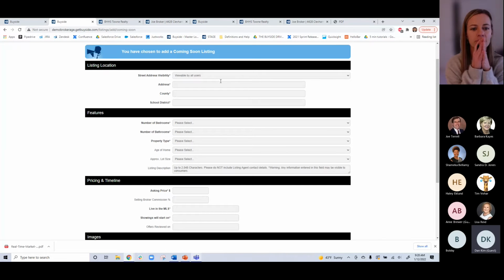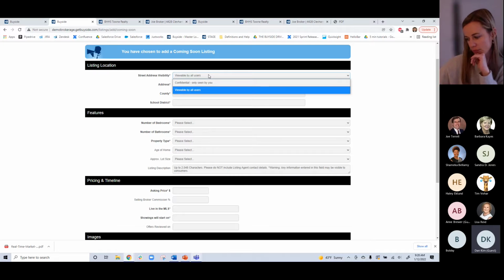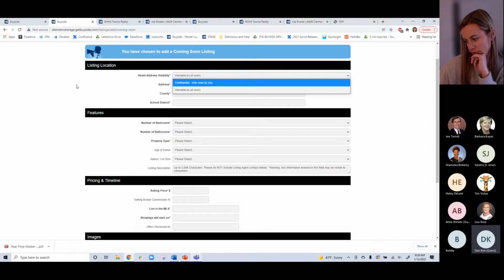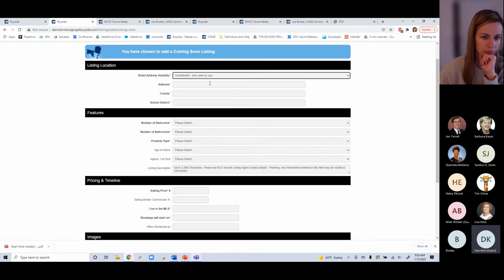The first thing that you're going to have is the street address visibility. Is it going to be visible by all users, or should this be confidential, only seen by you? Maybe the homeowner doesn't want people coming into their house or driving by their house. All you have to do is click on confidential, only seen by you, and it'll only give the area that it's in. And here is where you're going to put in all the